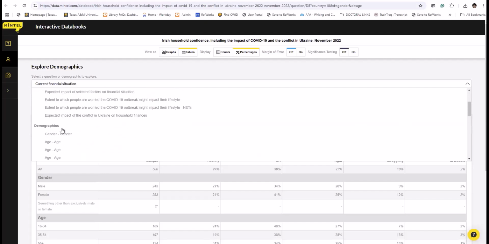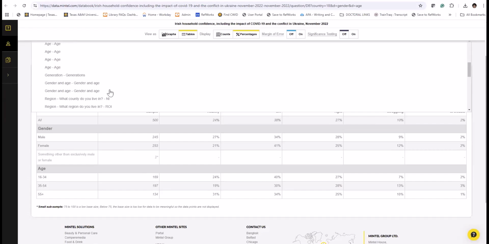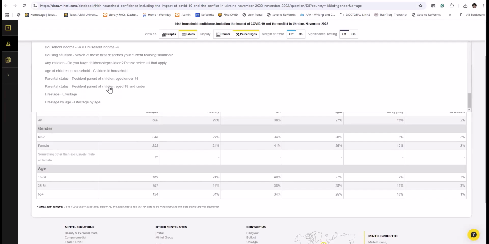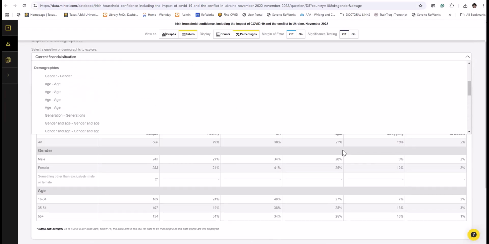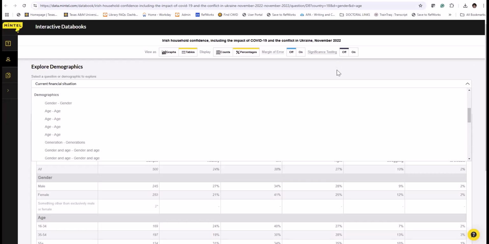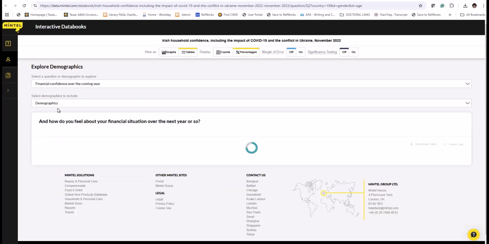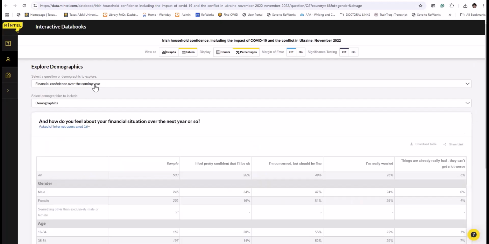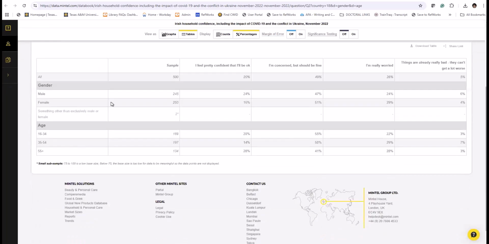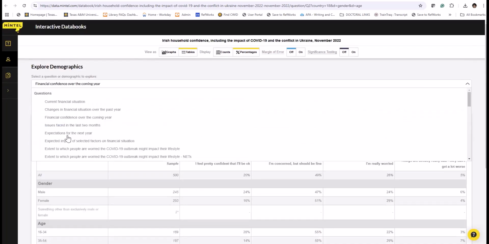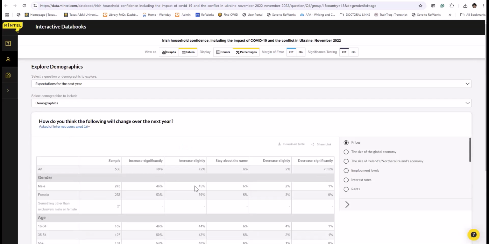You may also filter them by age, by gender, by region again, and by a lot of other things to define the demographic limitation of your research requirements. Let me do, for example, this. As soon as you click on one of these questions, it gives you the data. Let me show you one more time. For example, this one gives you the data, and you can add more here.